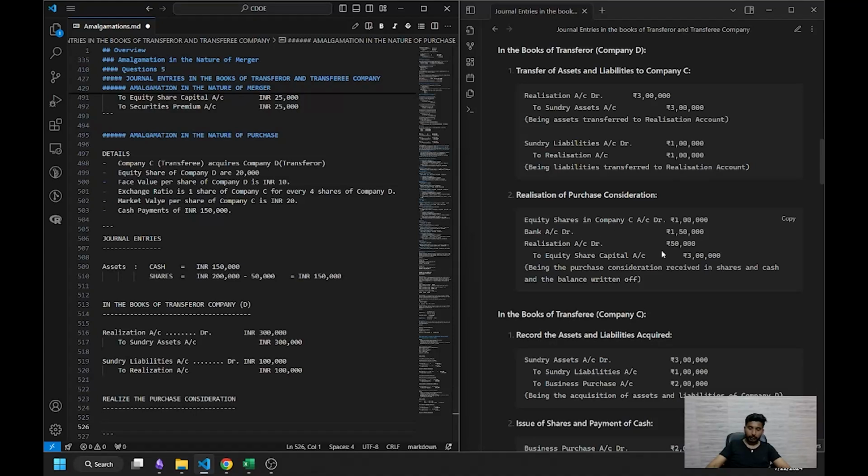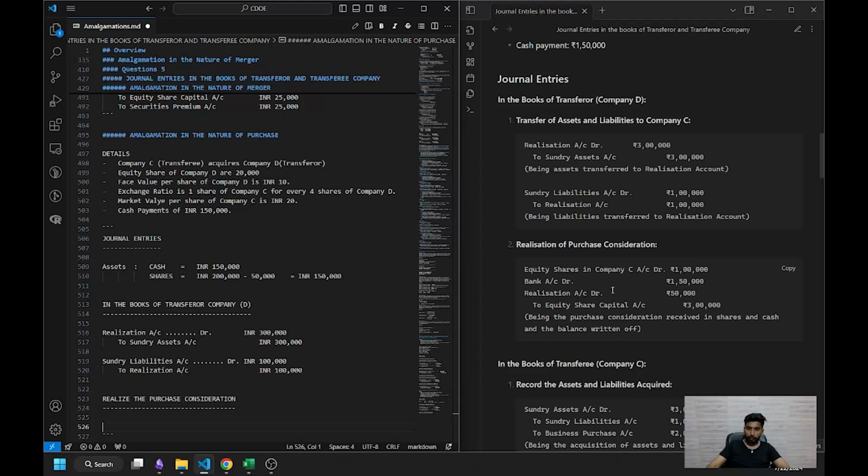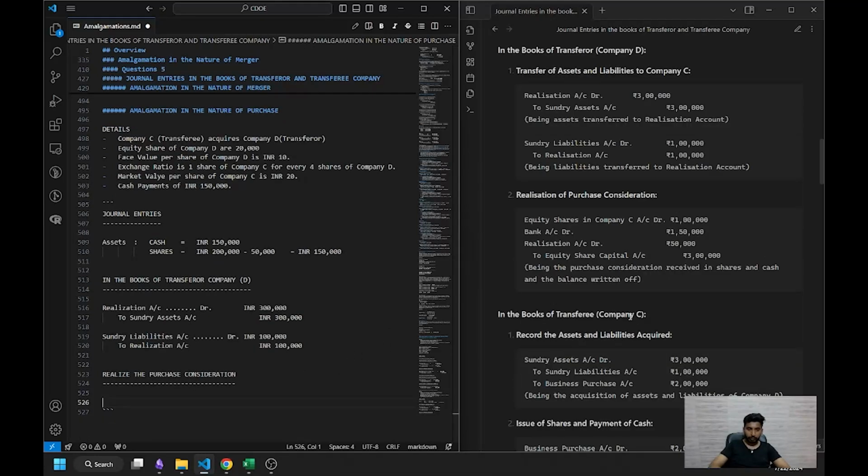Equity share capital in company C. Now we need to have a look at the equity share capital at company C. That means it is the 5,000 multiplied by 20, that is rupees 1 lakh. Equity shares in company C account will be debited to, sorry,